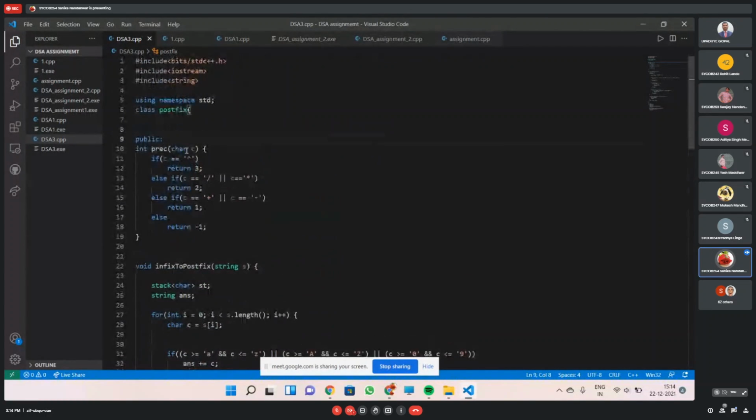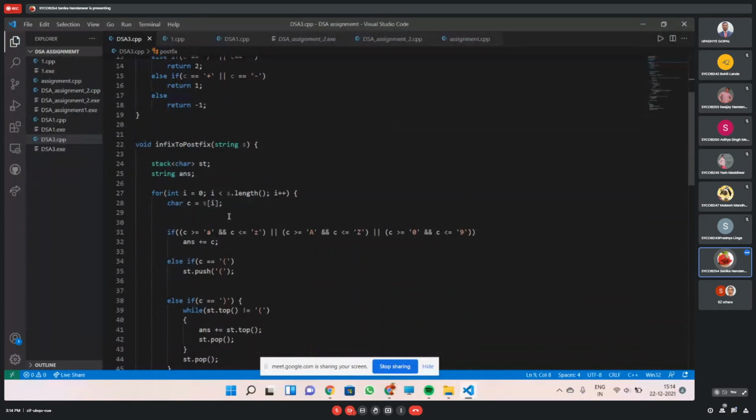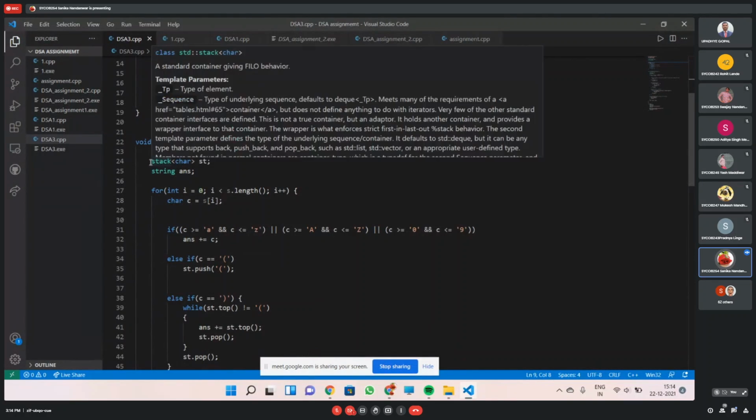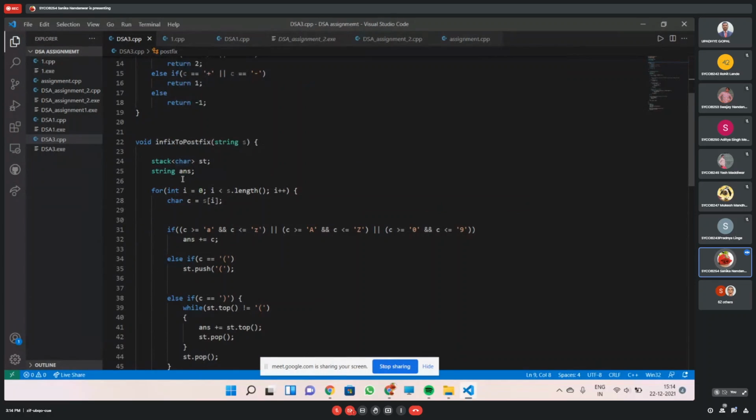Sir, in this code, I have taken a class Postfix. In this, a function is made in which precedence is set for the operators: raised to the power, multiplication, division, plus and minus, and then a function for conversion from infix to postfix. In this, I have taken a stack for characters, then a loop from the start of the expression from the user to the end.